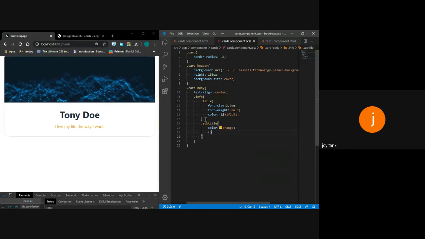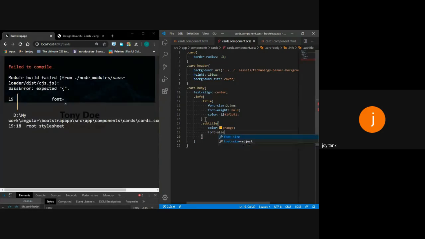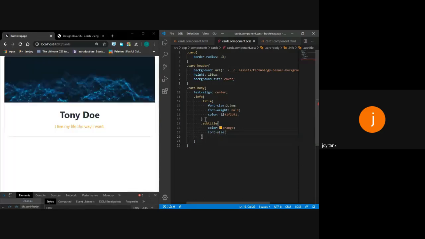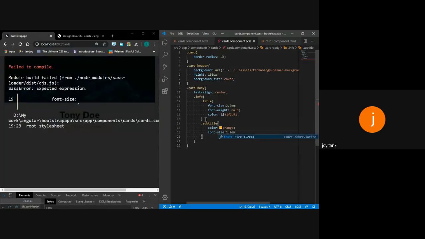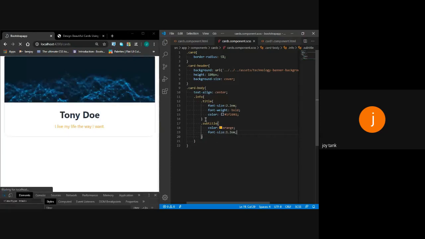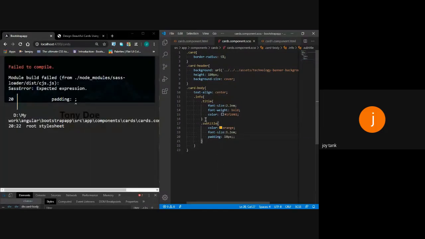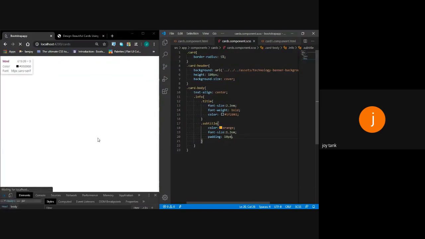Now I want a font size of 1.2 em. Then I say please give me some padding so that it looks cool. So I have given a padding value of 10px.